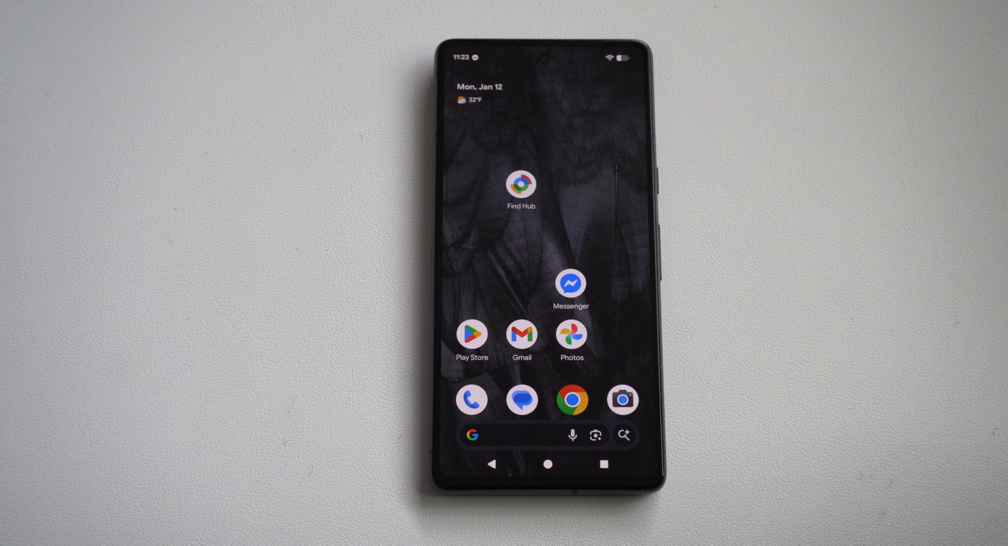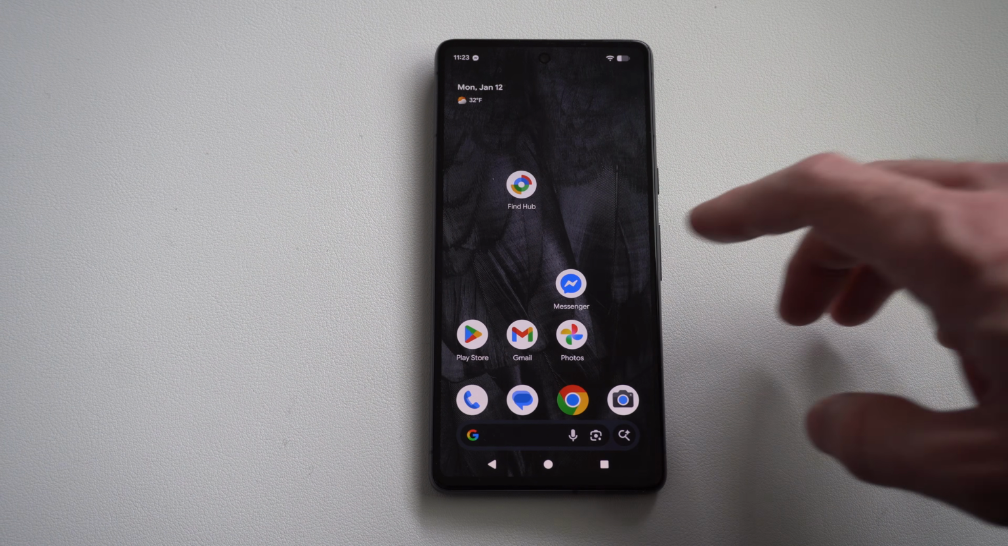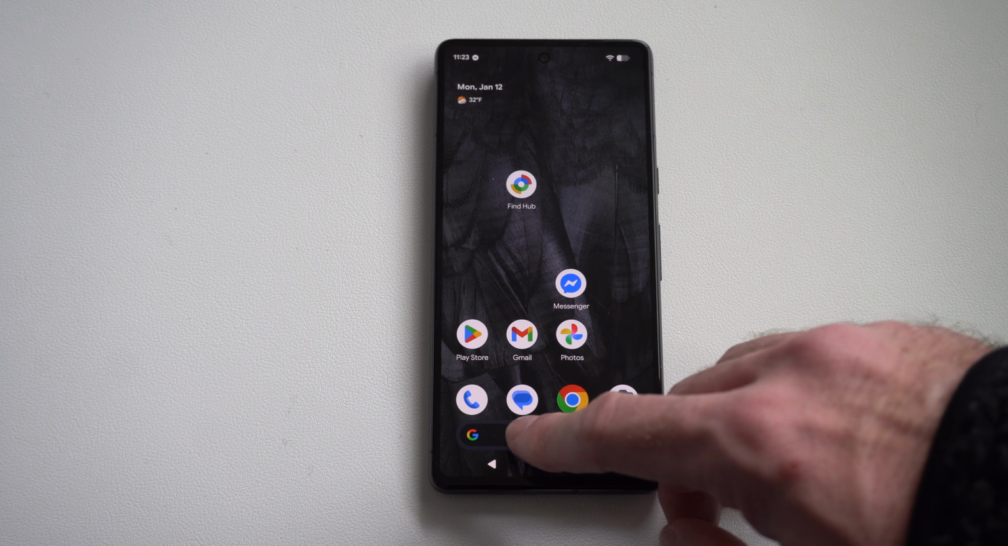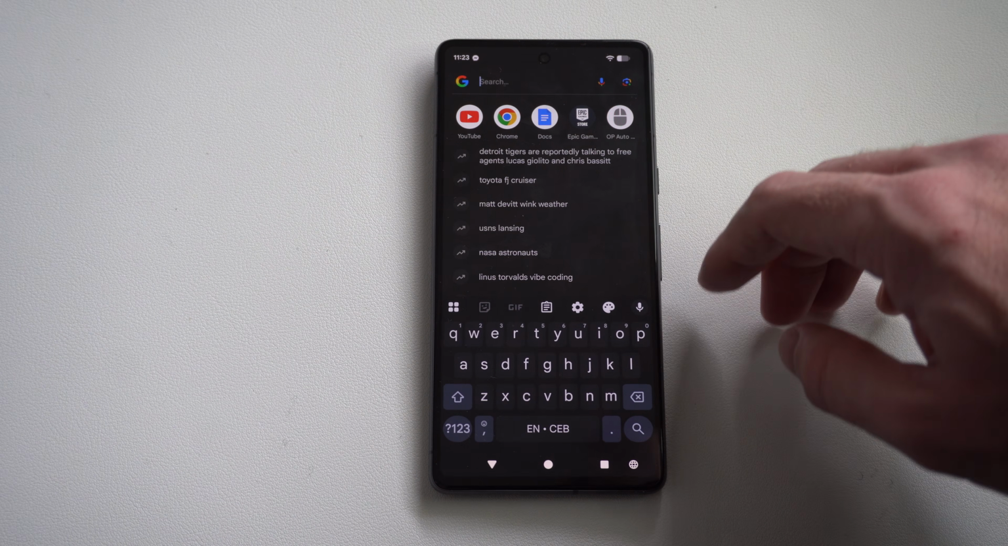Today in this video I'm going to show you how to turn on or off Safesearch on your Android phone. So if we're doing this through the Google search bar right here, we can just tap it and then go